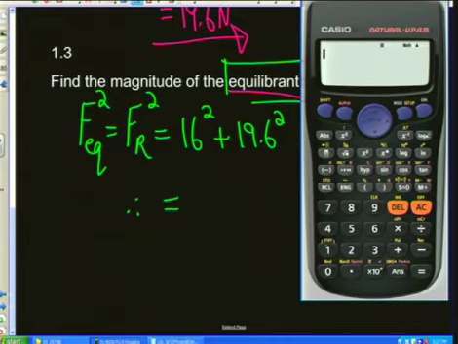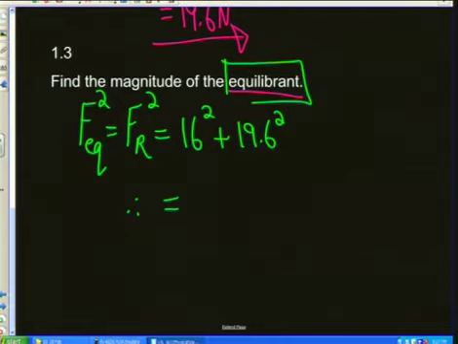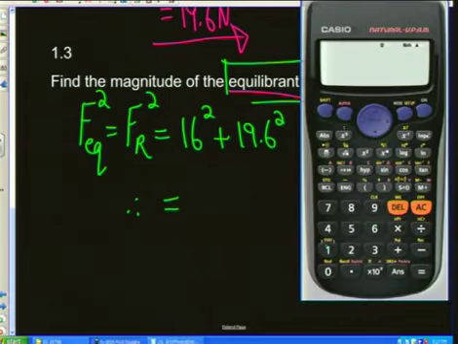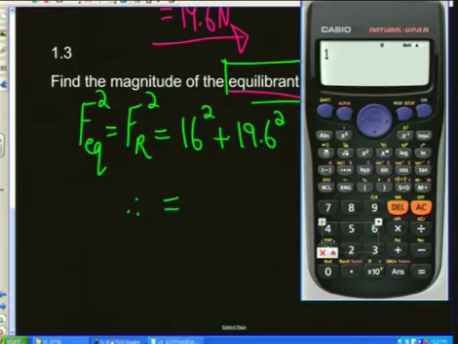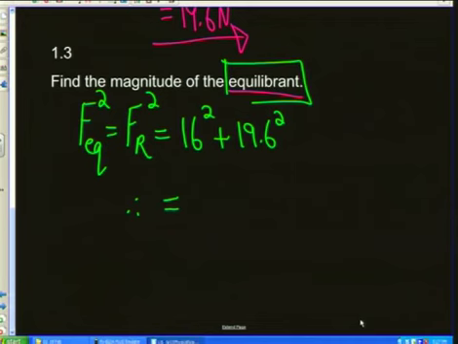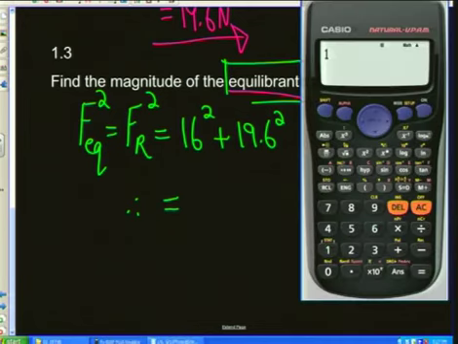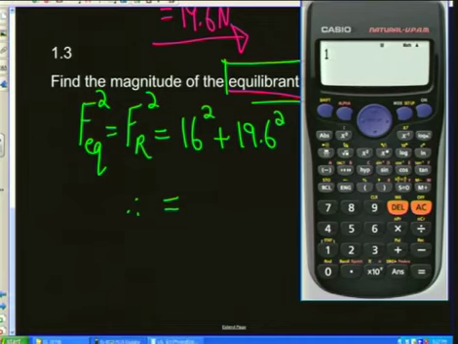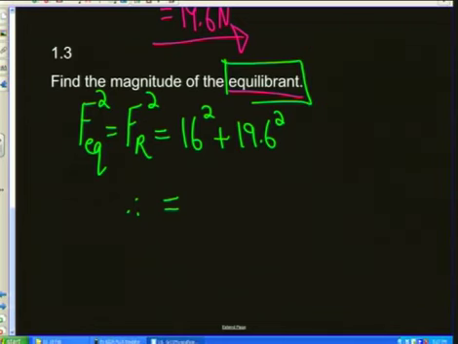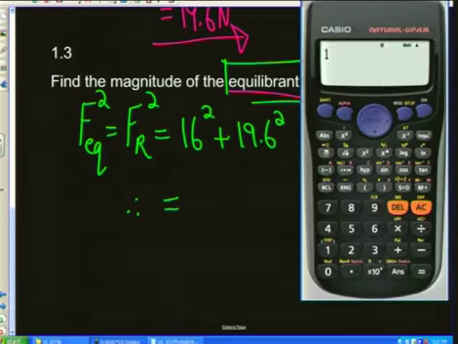16 squared, okay, right, 16 squared. What is happening with my calculator now? So I've got 1, 6. Oh, I need to close this thing here. So 1, 6. Oh. Right. The calculator wants to fail me again. Okay, there we go. Right. And then I have my calculator. Let's see if it works now.